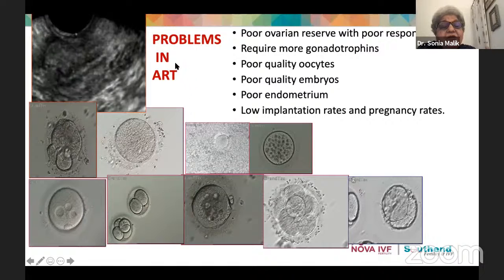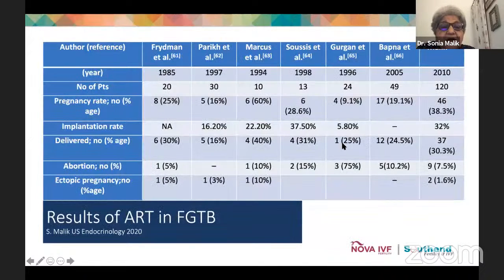Then what about ART per se? Now we know that tuberculosis can affect the ovaries and the ovarian reserve, thereby causing poor response. They require more gonadotropins. The quality of oocytes may be poor. And what we are concerned with now is the poor endometrium and the low implantation and pregnancy rates that happen with tuberculosis. And if you look at these papers from across the world,